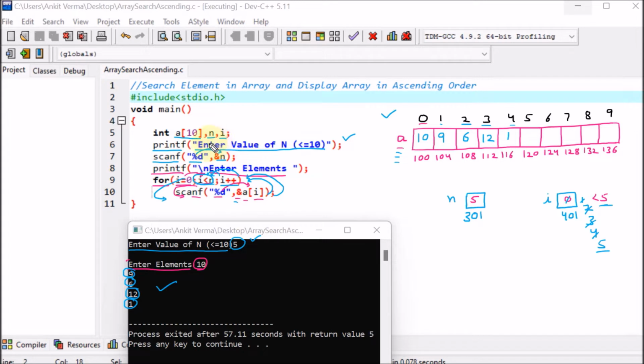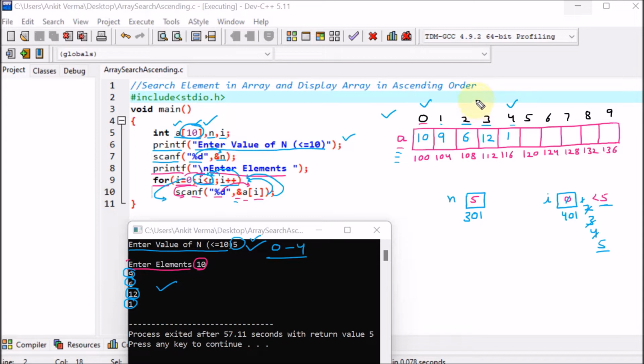So here we understand one thing. If we have declared the array of size 10, that means 10 is the upper bound. The array cannot go beyond that because this is a static array. Static array means at compile time we are defining its size. So here the size is 10. So the maximum size is 10, but we can provide fewer values. Here we have given 5 values, which are going from index 0 to 4.